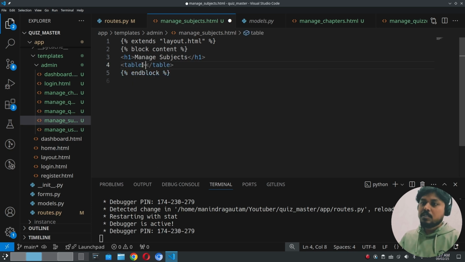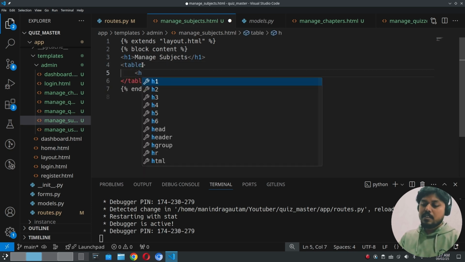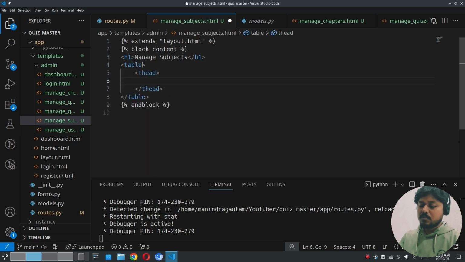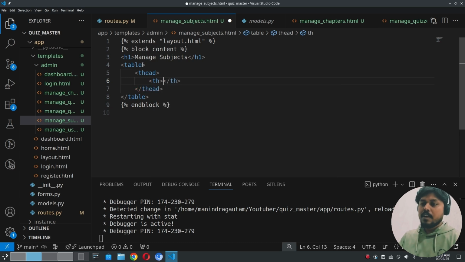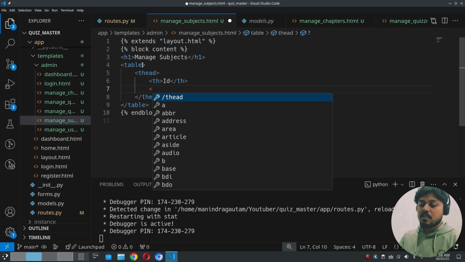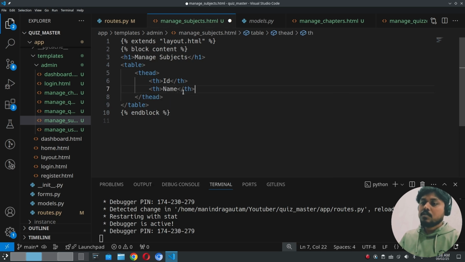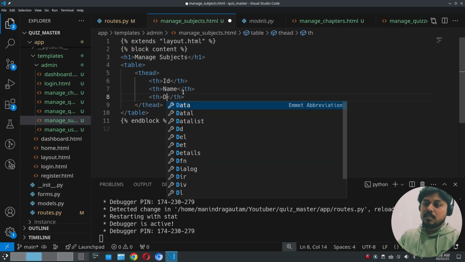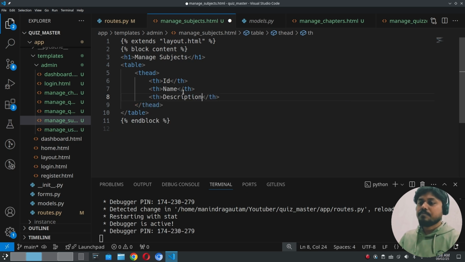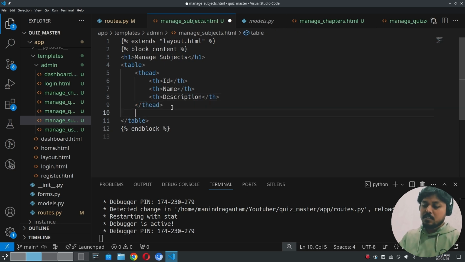So table, thead, and then th, id. The next will be for the name, and then the next one is for description, and then inside the tbody